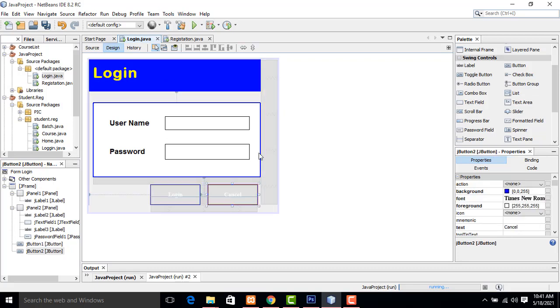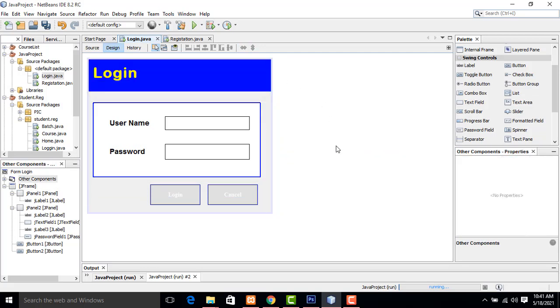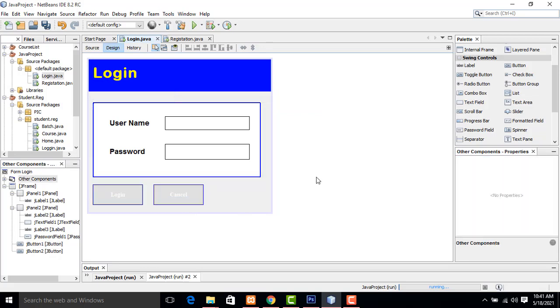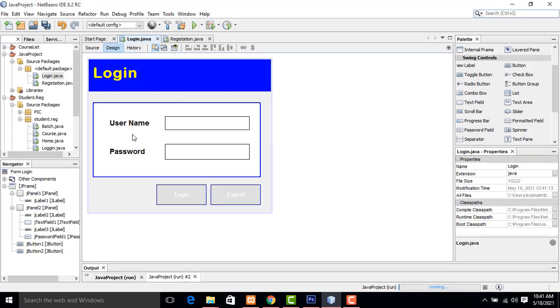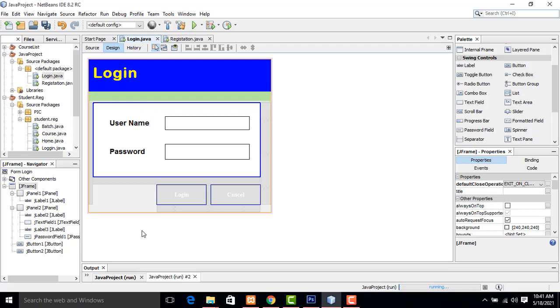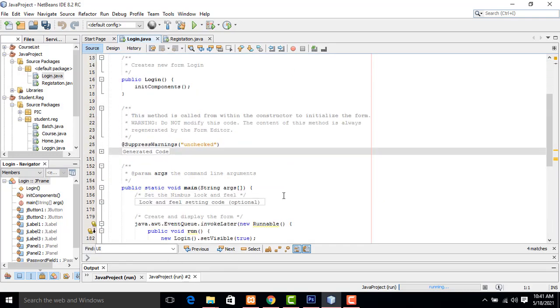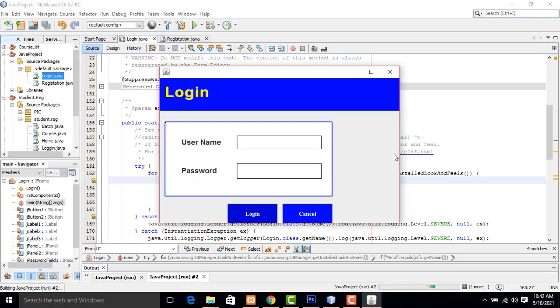Right, this is how we have to do the pages. Very simple. Okay, login form. Now I am going to select this one, source, Control F, here UI, you have to change this one to Metal, press Enter key, it's Metal. Every page you have to change to Metal, it will work fine. Okay, it's working fine.